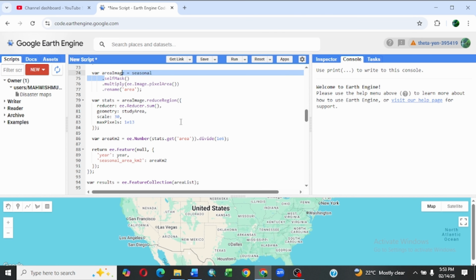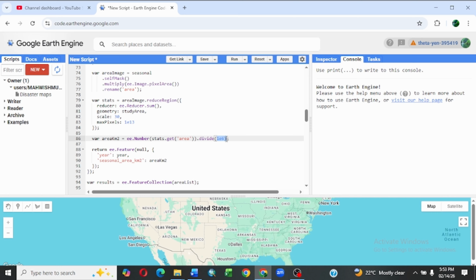And the reduceRegion, reducer ee.Reducer.sum. We sum all pixel areas to get total area, divided by 1e6, because pixel area is in square meters.